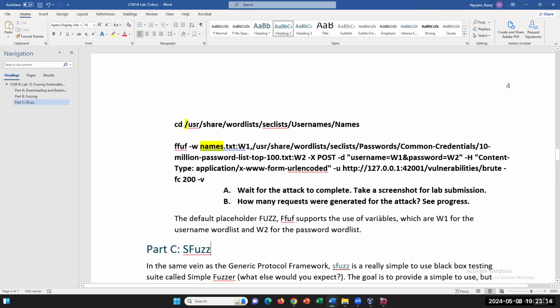What file's not there? Wordlist with an S. Did you install it earlier? Did you install this? Yeah, so put a